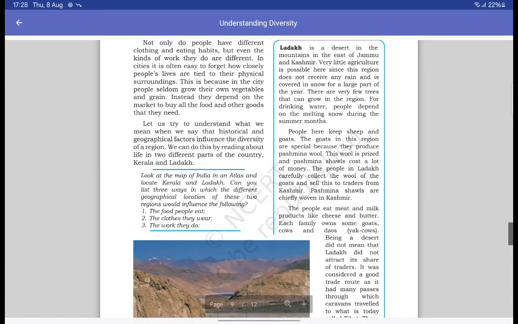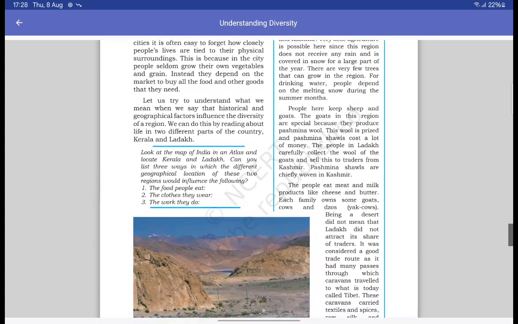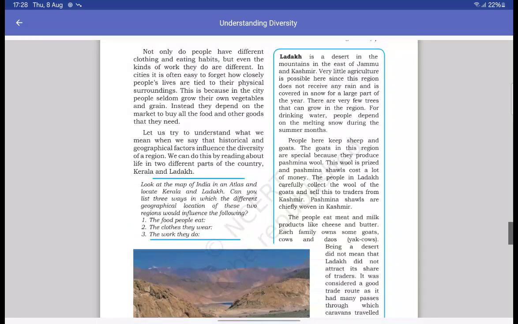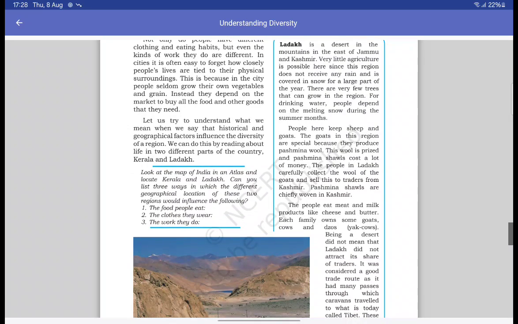So we will write whatever information we can gain from Ladakh. I will go into details here, and I will just read you right from the notes as to what you will have to write for Ladakh and what you will have to write for Kerala. So just create a heading and write Ladakh, so that you know that this is a heading, and then make notes for this heading.